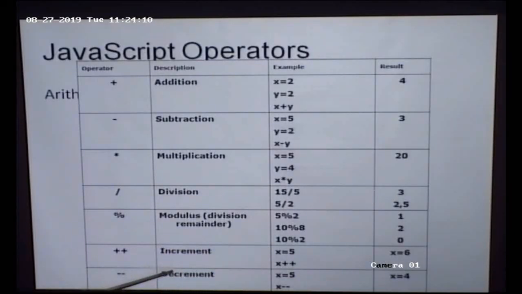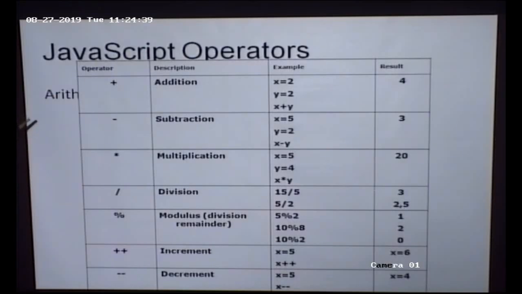Okay, next thing is increment as well as decrement operator. As you see in C++, C and Java, you have increment as well as decrement operator. Similarly, you can use x plus plus, that denotes x equal to x plus 1. X minus minus indicates x equal to x minus 1. Increment by 1, that is x equal to 6, decrement by 1 is x equal to 4. So these kinds of arithmetic operators can be used for